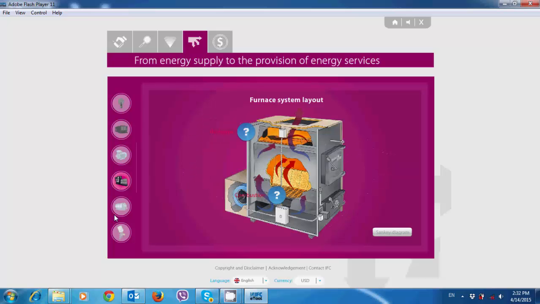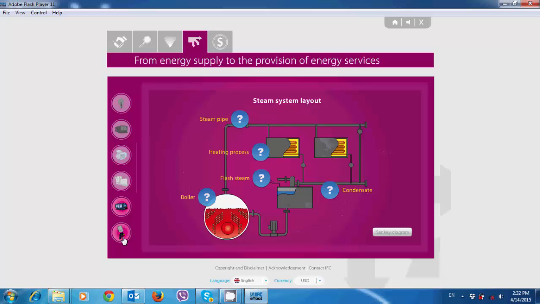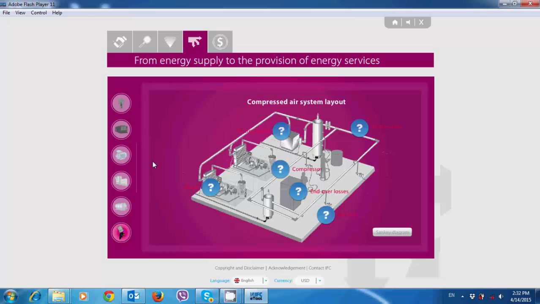Process heating is essential in the manufacture of most consumer and industrial products, including those made out of metal, plastic, rubber, concrete, glass, and ceramics. Steam today is an integral and essential part of the industry. Industrial plants use compressed air throughout their production operations. Compressed air is produced by air compressor units ranging from 5 horsepower